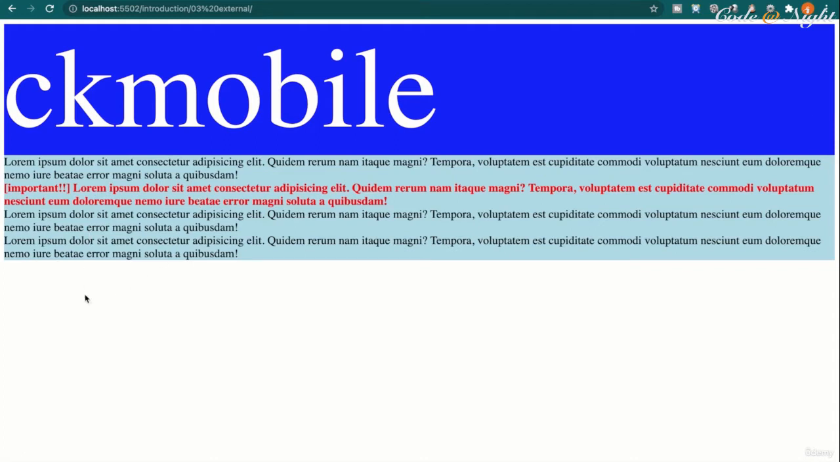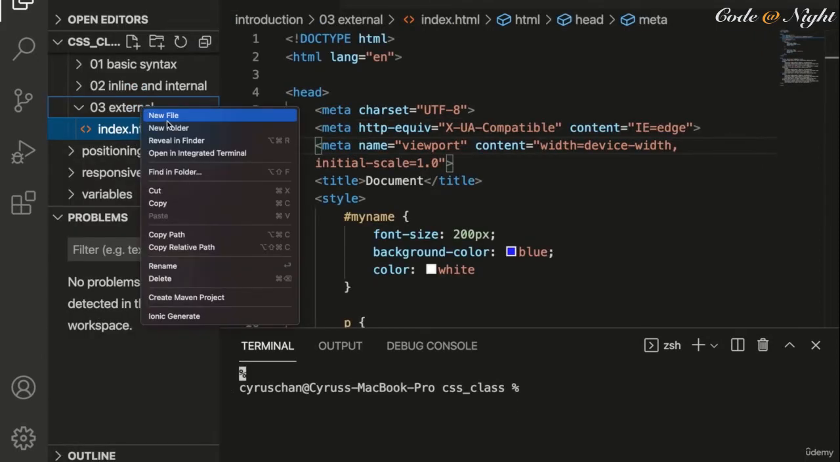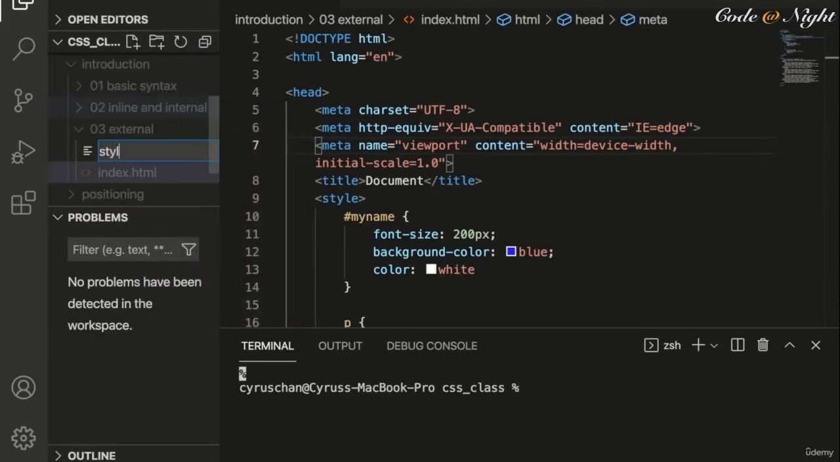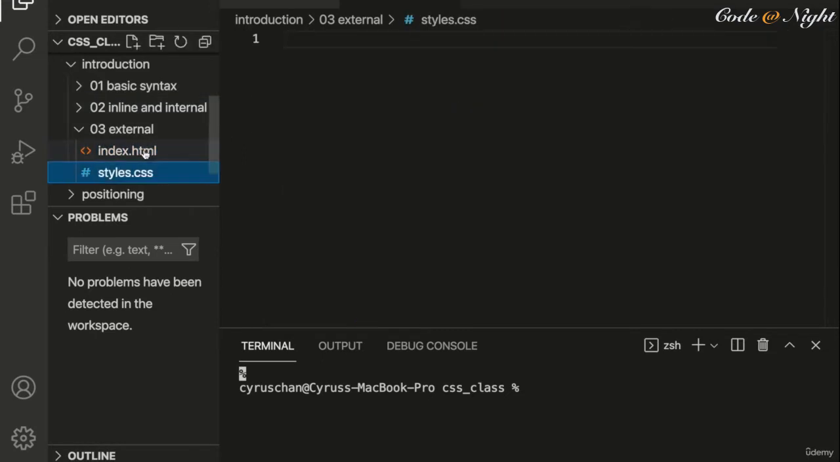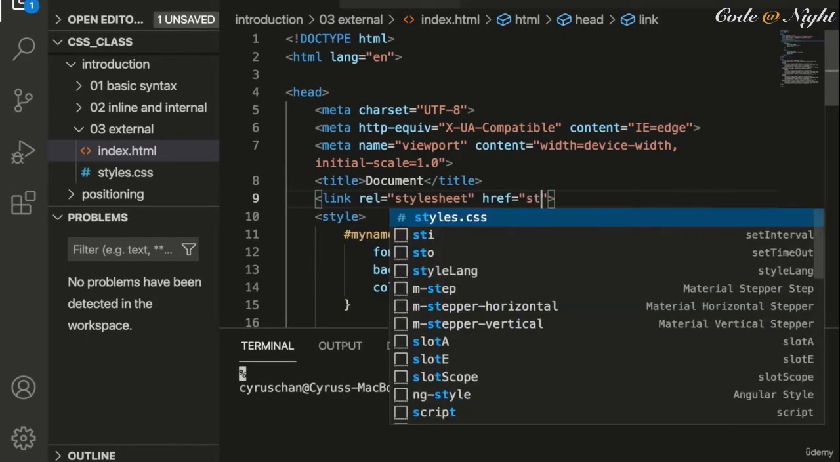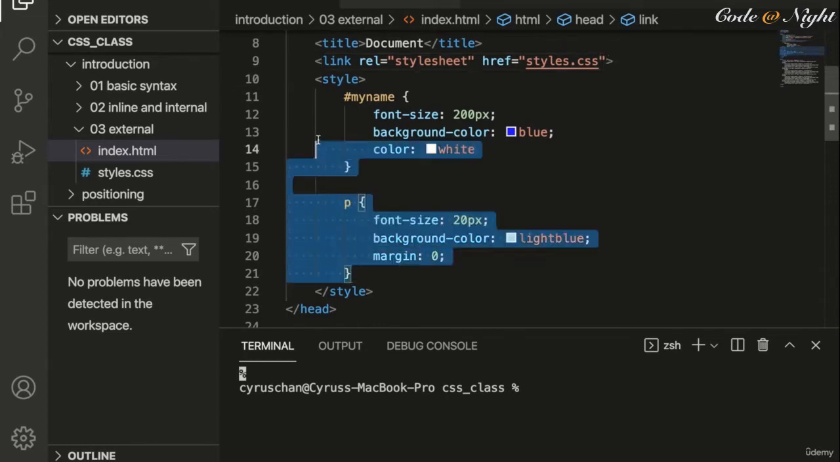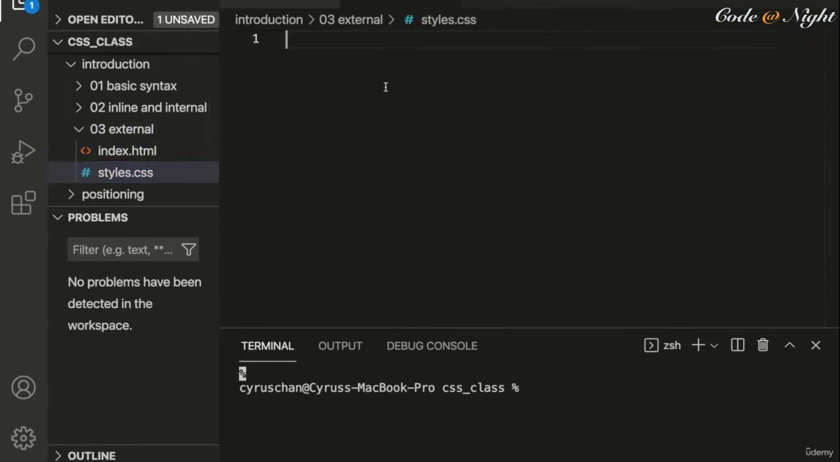So back to the external styling. Creating an external style sheet is very simple. First, we need to create a CSS file. For example, we create a new file called styles.css, and then we go back to the index.html, and inside the head we create a link tag and link to the styles.css, and then we cut this and paste it to the styles.css